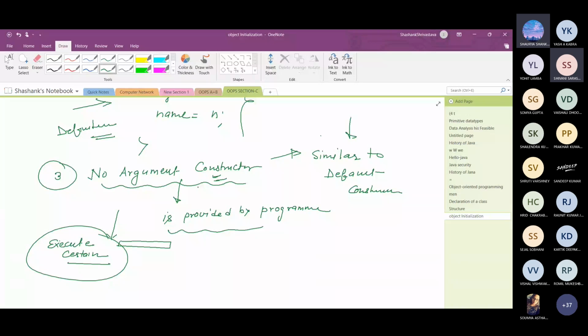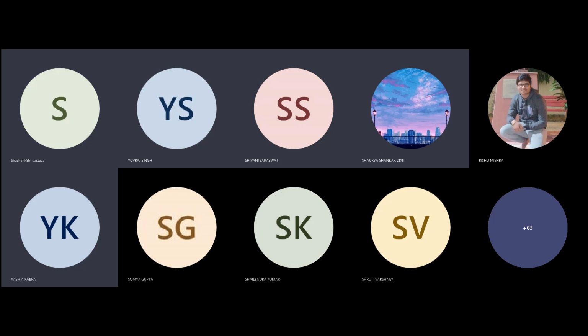So I just go to the IDE screen and write a program through which you will be able to understand the constructor logic in a very clear manner. I just stop sharing here and share the programming window.